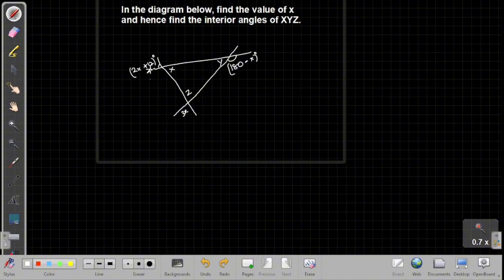So here we have 2x plus 12 is equal to x. Both of them are equal. Now here we have 180 minus x is equal to this side. There's no value there. All right. So now let's take them one by one, focusing on that law. So we have 2x. I'm doing this side first. 2x plus 12 plus x, this particular x,